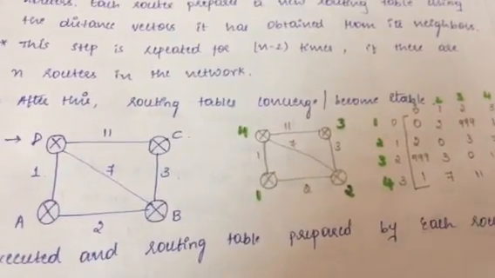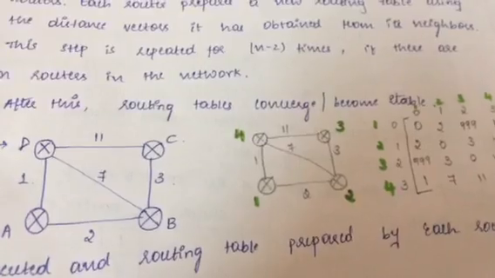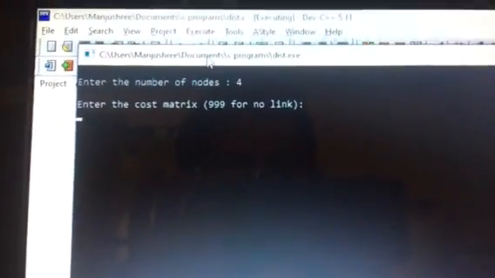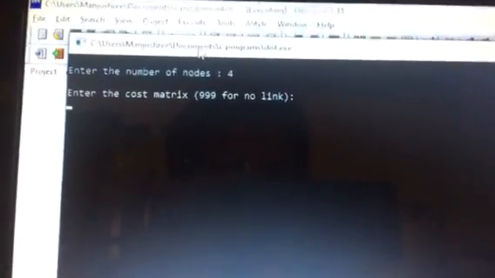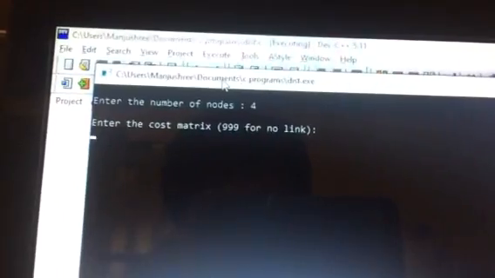What is the number of nodes you have to enter? You have to enter the number of nodes as 4. That's why I have entered here the number of nodes as 4. Next is enter the cost matrix, and you have to enter 999 if there is no link.